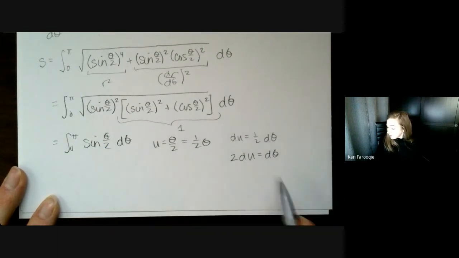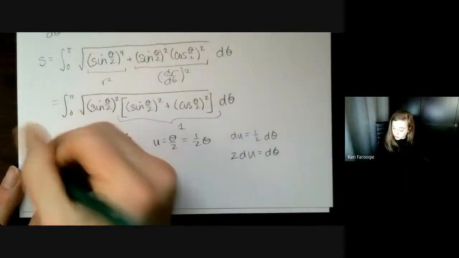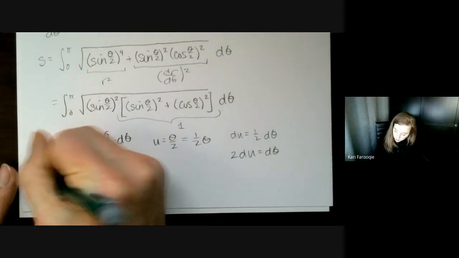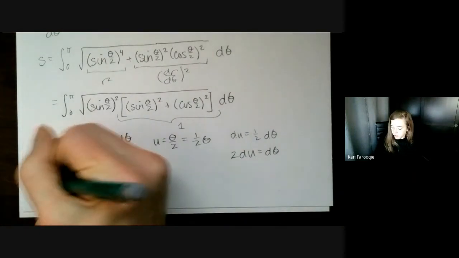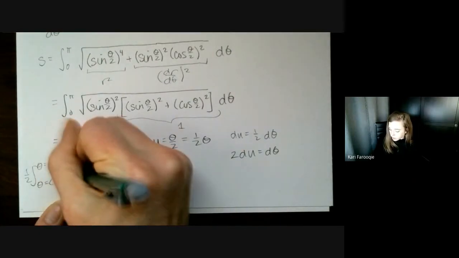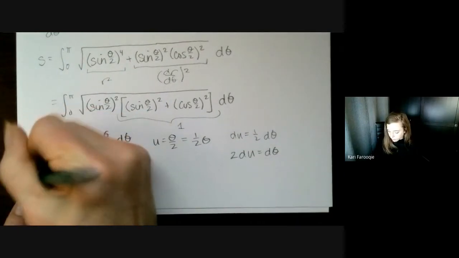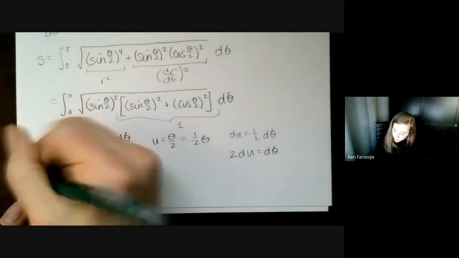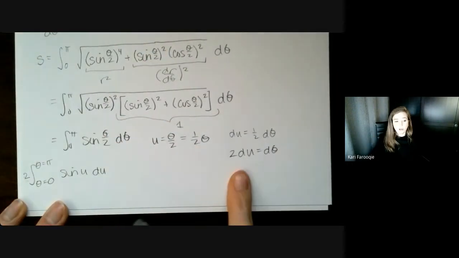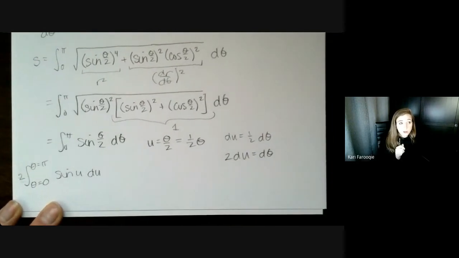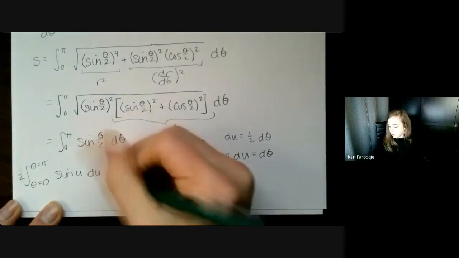If you want to change your limits of integration, now you're getting a little bit crazy. You might just want to hold off for a minute, or you can even just label them as being theta equals pi, theta equals 0, and then you have 2 sine of u du, not 1/2. Yikes, so used to doing 1/2. du is your d theta, then you have sine u. And the derivative of cosine u is negative sine u, so the derivative of negative cosine u is sine u.